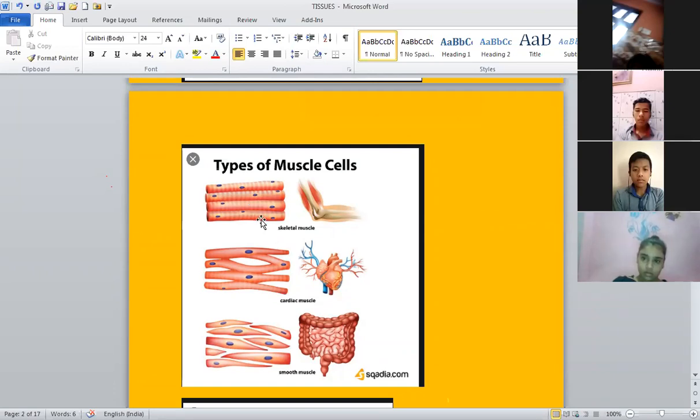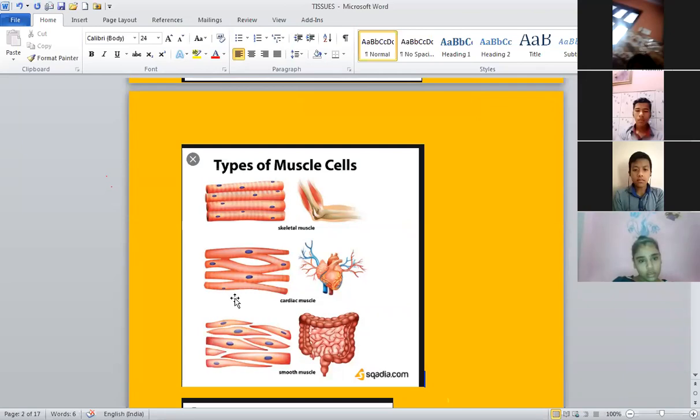Skeletal because they join bones with each other and help in movement of arms and legs, and the third, striated, because they contain light and dark bands. Other points: they are cylindrical, unbranched, multinucleated. They are usually present in the arms and legs. These voluntary muscle fibers are present in limbs, face, neck, tongue, etc.